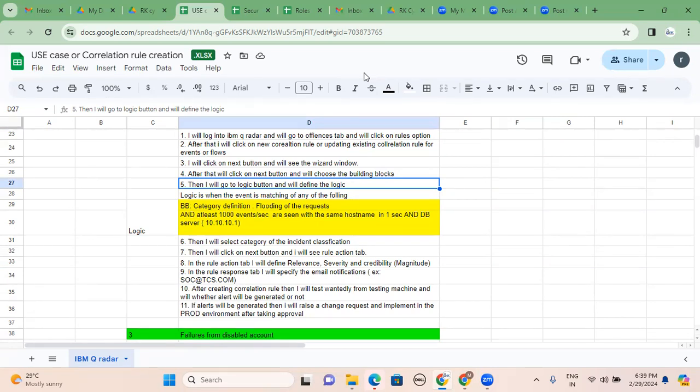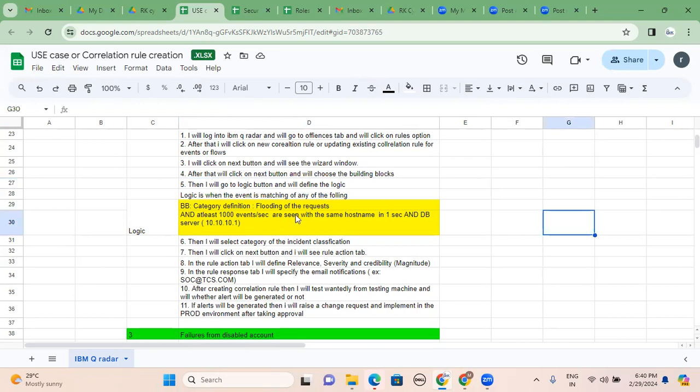The session is going to expire. Once again, you can re-login into the session. Okay. Anyway, you can rejoin. It is going to expire within